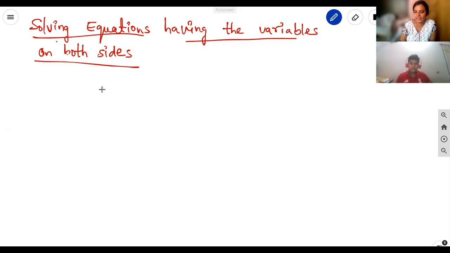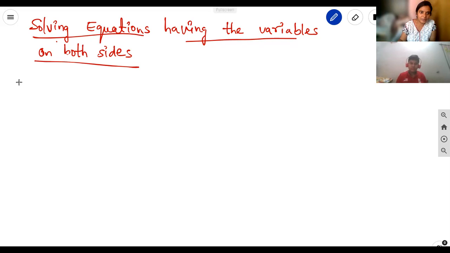In that case, the same method: whatever x variable is on the right hand side can be subtracted on both sides. If it has the positive sign, then we subtract. If it has a negative sign, we add it. And the same thing with the constant: on both sides we take the same constant with the opposite sign. That depends on the given problem.